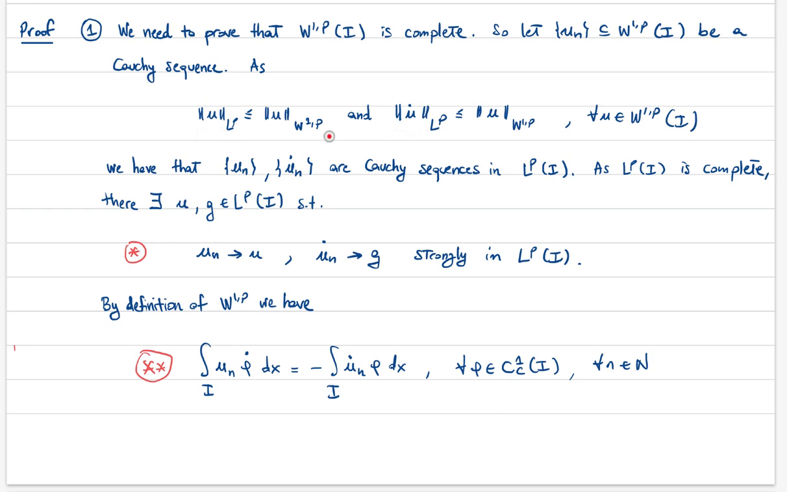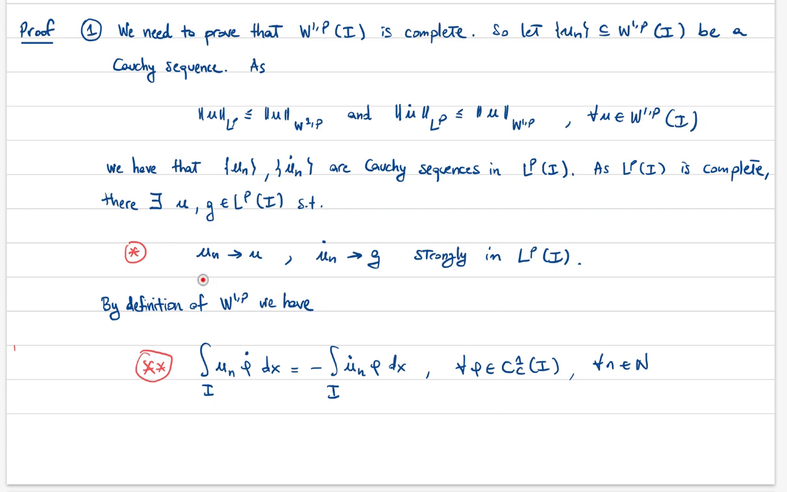So therefore, by these two inequalities and by the fact that UN is Cauchy, we immediately see that UN and UN dot are Cauchy sequences in LP. Since LP is complete, it means that there exist two functions, U and G in LP, such that UN converges to U strongly in LP, and UN dot converges to G strongly in LP. So what we are left to prove